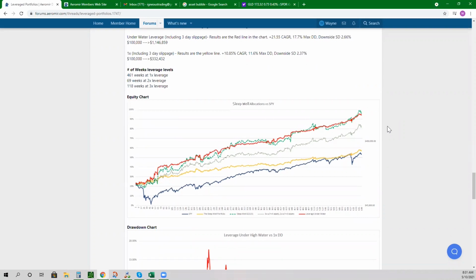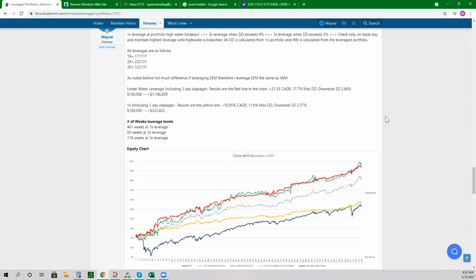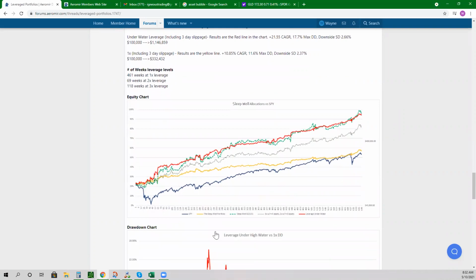Oh, and I see there's a couple of comments in the chat. Curtis asks, can't read the fine print descriptions of what line is which. Oh, yeah. So going through this, blue line is SPY, yellow line is a 1x sleep well portfolio, dashed gray line is